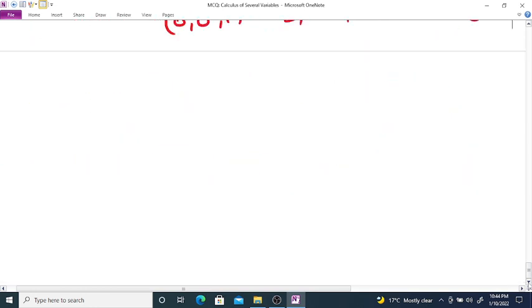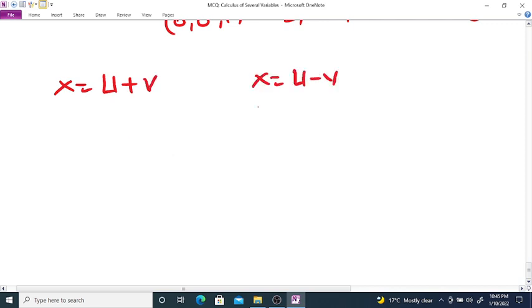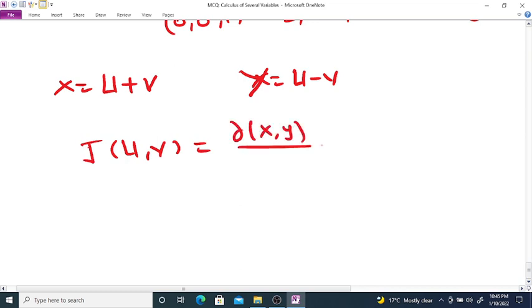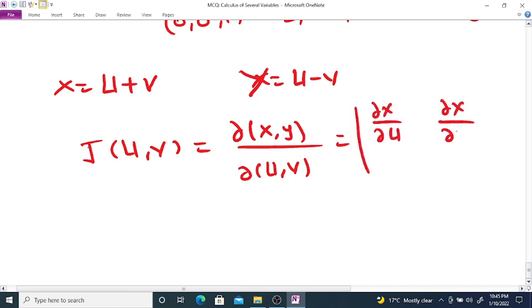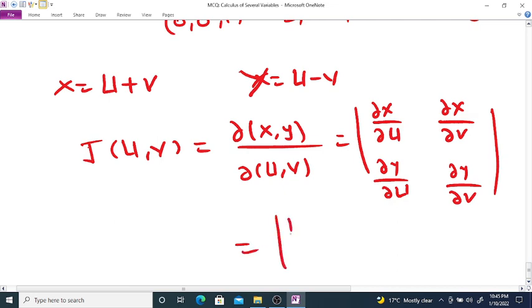Continuous. Now next, we want to determine the Jacobian of x is equal to u plus v and y is equal to u minus v. So we want to determine the Jacobian of uv, which is equal to ∂(x,y) divided by ∂(u,v), which is equal to the determinant with ∂x/∂u, ∂x/∂v in the first row and ∂y/∂u, ∂y/∂v in the second row, which is equal to